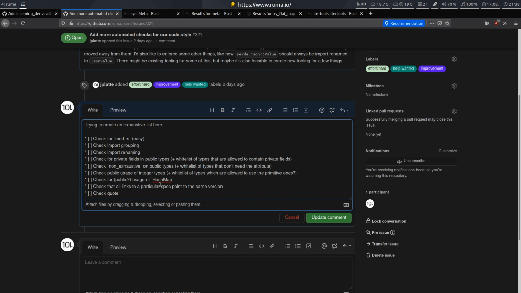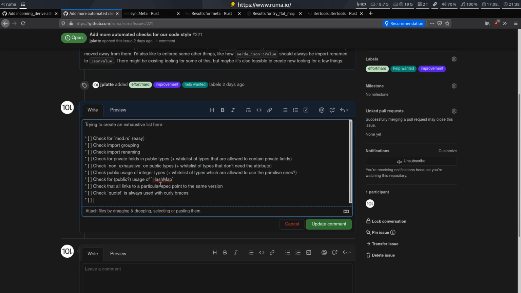Well, quote, there's two things actually. Check quote is always used, it's curly braces, and check this is the really hard one probably, that repetitions within quote always use the same style. I don't really care